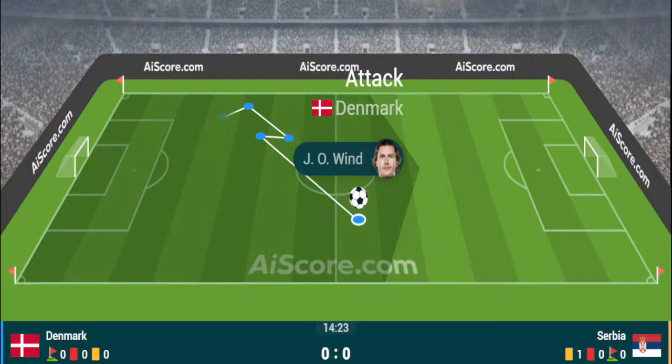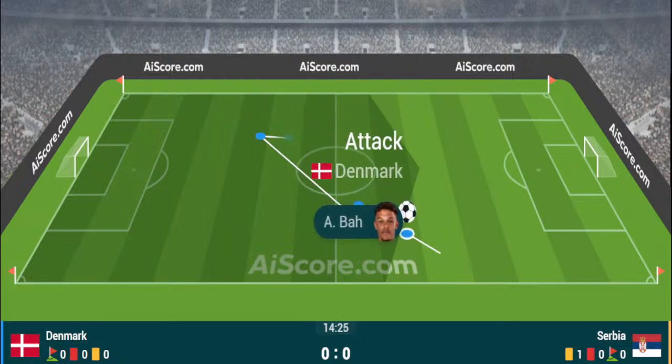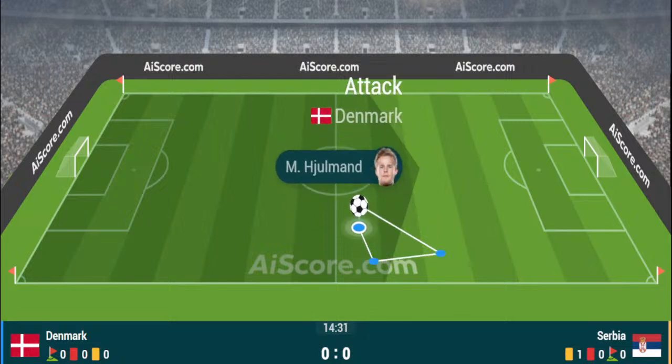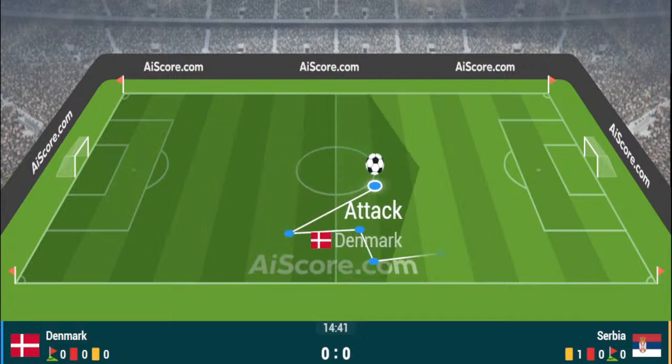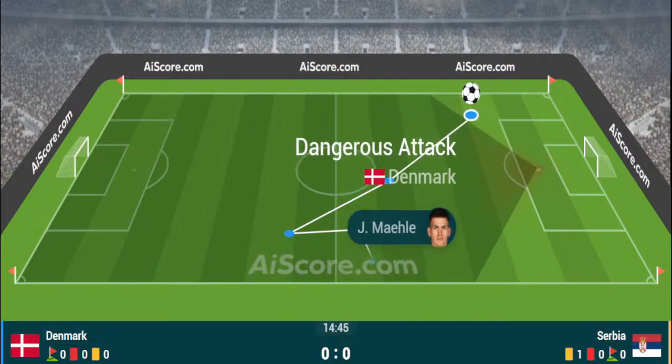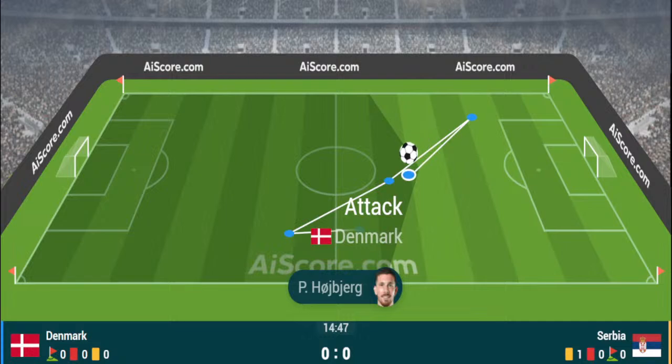Serbia are starting to see more of the ball, and potentially a better sign now for Serbia as they come forward in the form of Zivkovic. Zivkovic offloaded on that left-hand side, and Serbia once again are forced a little bit further backwards, and now they do regather possession on the right-hand side. Serbia have it once more, and this time it is collected by Ilic again, and Ilic now onto the right-hand side of Veljkovic, and all of a sudden Serbia are starting to look much more promising.